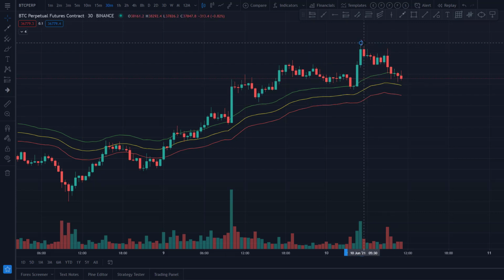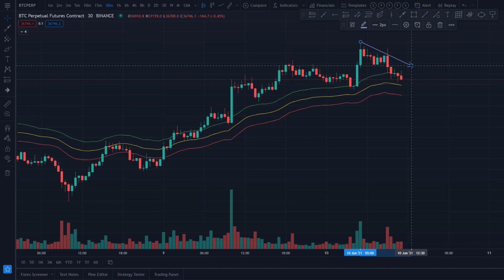Now, this is where the other question comes in. Where is price coming from? Well, that helps you answer where is price going. Well, price is coming from up here on this chart. That's pretty obvious. That's the one question you can answer. But that helps you define, because what you want to do is when you answer that second question, the first question is where is price going? The second question, where is it coming from?